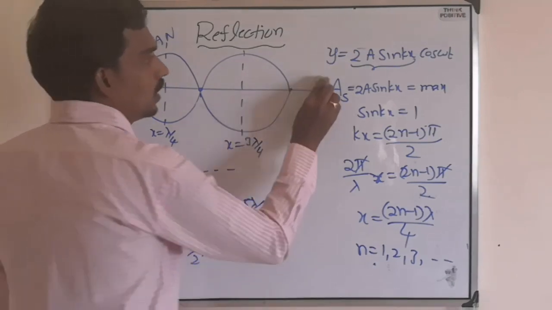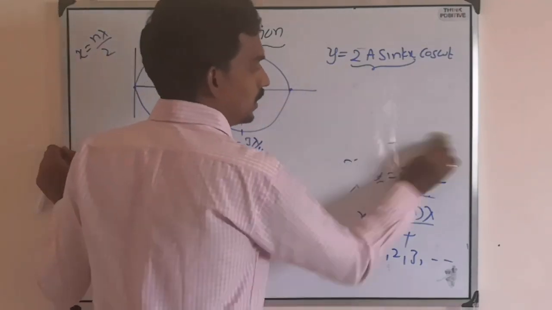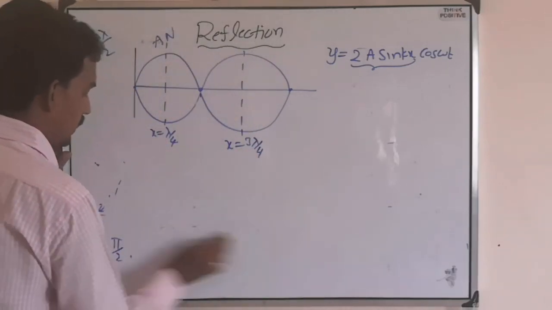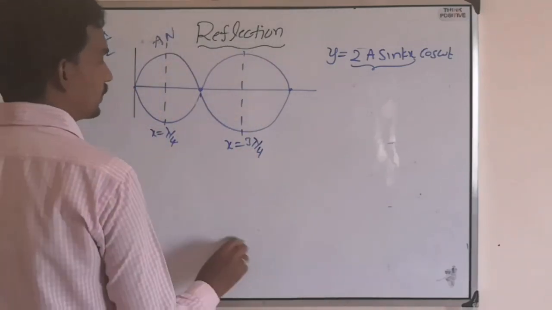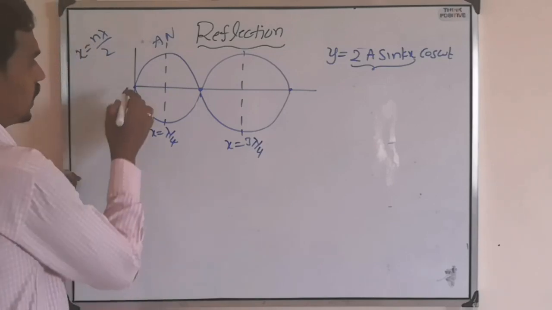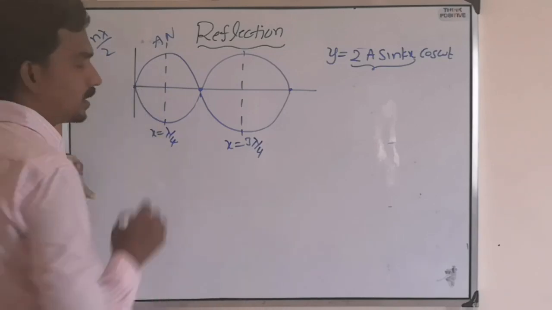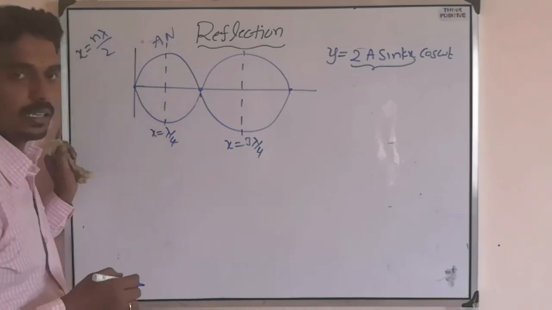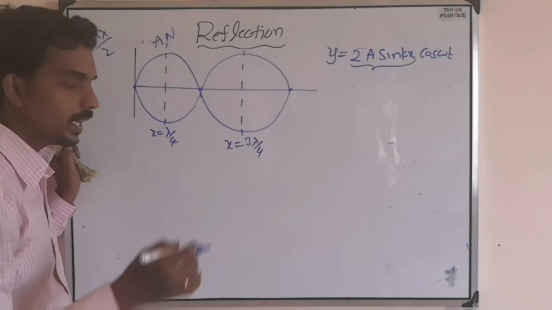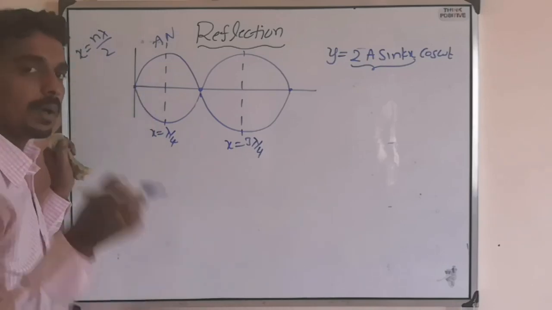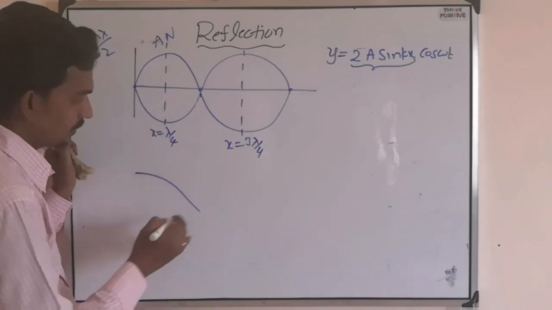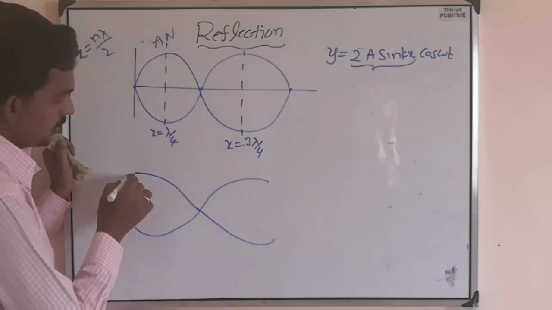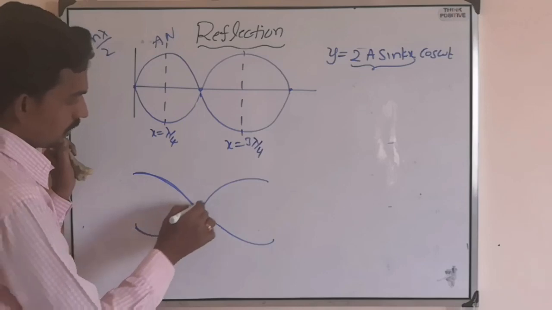But one more thing will come here, so I will explain it. Please try to understand. See here, this is a rigid support. Instead of a rigid support, if there is an open end, also called a free end, then here the maximum will come. Like this it will come. See, this is like this.